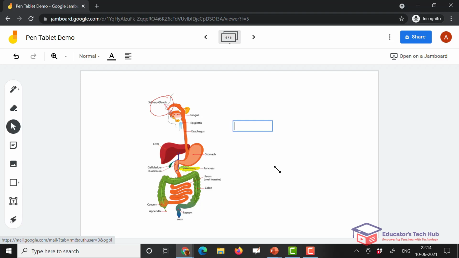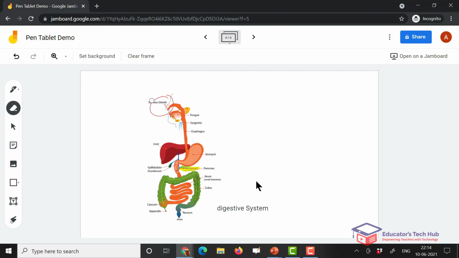You can also bring in a text box, and possibly you can simply use this for labels or typing. So let's say you just want to do some typing, that is also possible, but since you have a pen at hand, you can always do that. Now since I have an eraser, I can use this to erase any annotation which I have done using the pen.